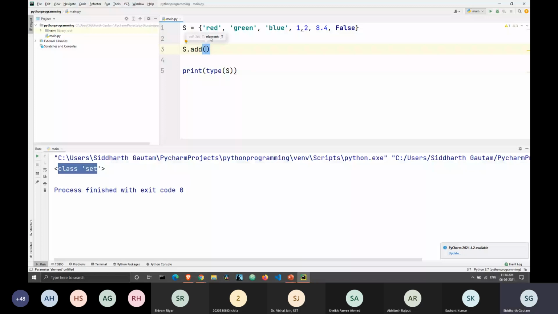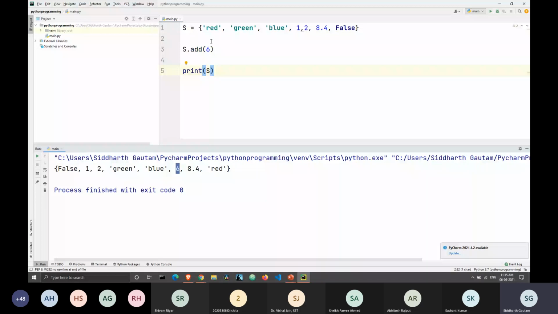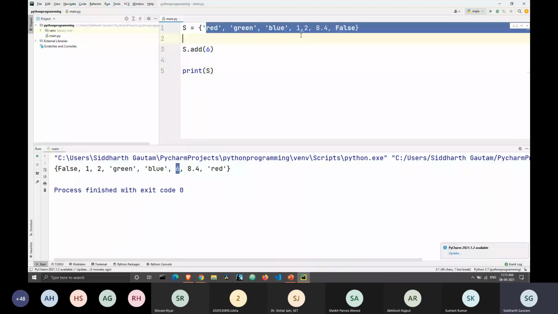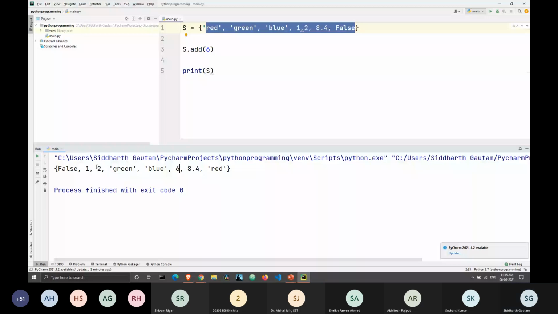And when I run this, as you can see, this number 6 has been added to the set. This number 6 wasn't initially present inside the set, but now it has been added in a place where it belongs. It's after 2, but it's before 8.4, which means it has been added in its correct chronological order.